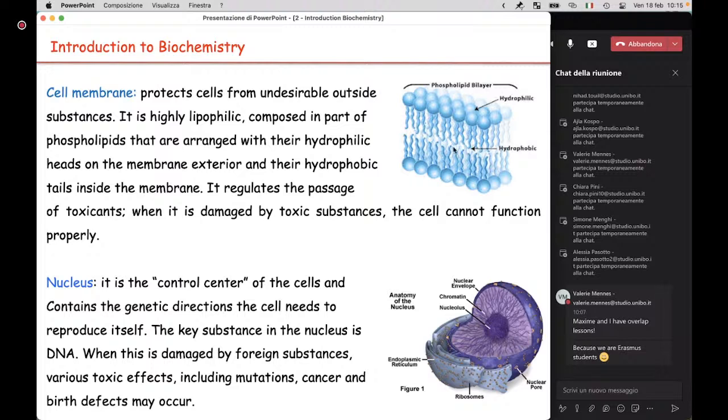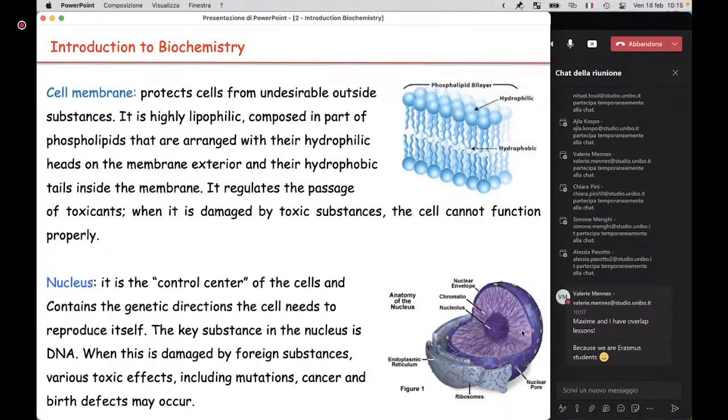So if some hydrophobic compound goes between the chains, or here between the two layers, it can disrupt the properties of the membrane, and this, of course, is a very big problem, because the membrane is very important for all cells' function and for cell integrity. Of course, if the membrane breaks down, the cell will die very, very fast.